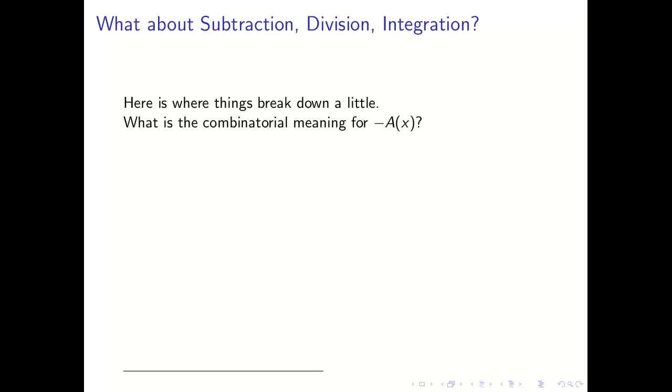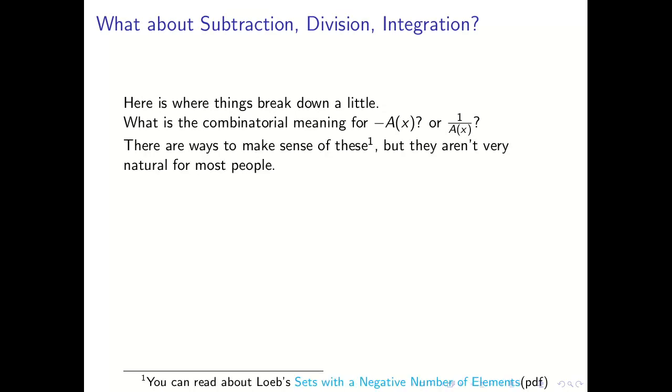Like, what is the combinatorial meaning of minus a of x? Or 1 over a of x? There are ways to make sense of these. I've linked a paper, lobes, sets with negative numbers of elements. But these things aren't very natural,